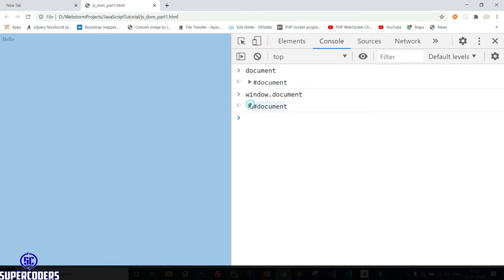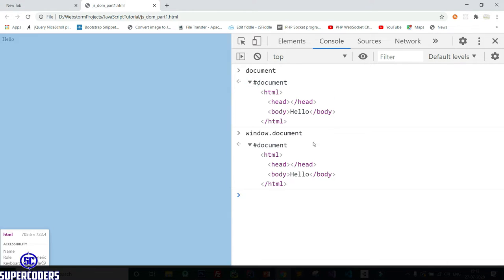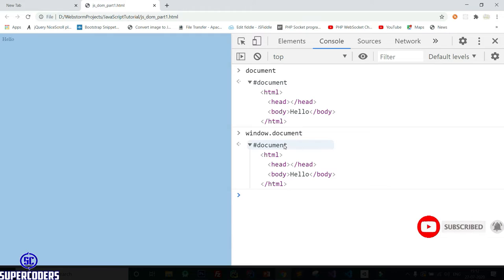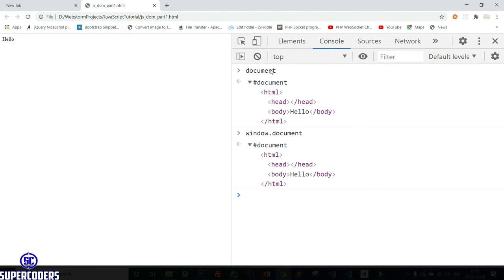You can see the same result. So our parent is window, and everything we use in JavaScript comes from window.function or window.any method. Or you can use the simple way, like document. Window is just like a global object, and we can access the properties of the window object.